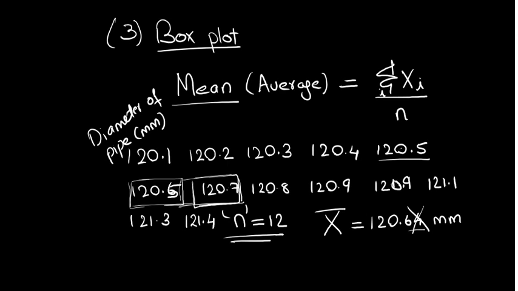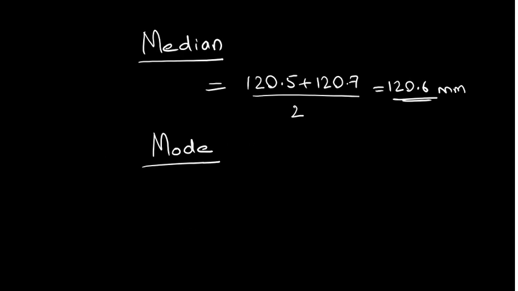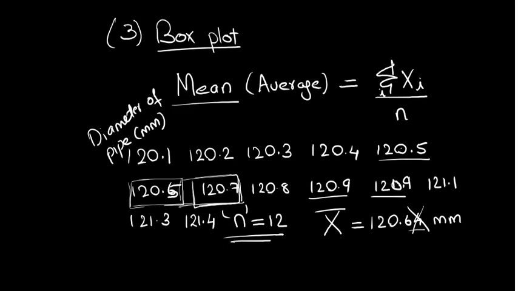For example, 120.5 is repeated twice and 120.9 is also repeated twice. So there are two numbers, 120.5 and 120.9. If you draw a histogram, you can see that there can be two peaks coming up. This is something like a bimodal case, so there are two modes. It is not necessary that your data points correspond to a single mode only, but there can be two modes also. So this is a special case where you have two modes.